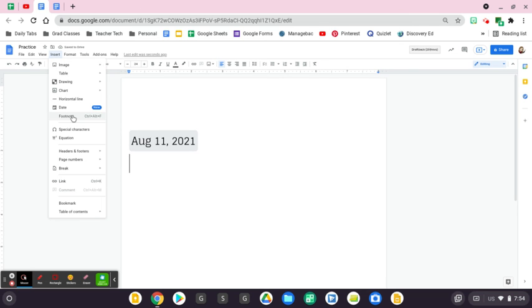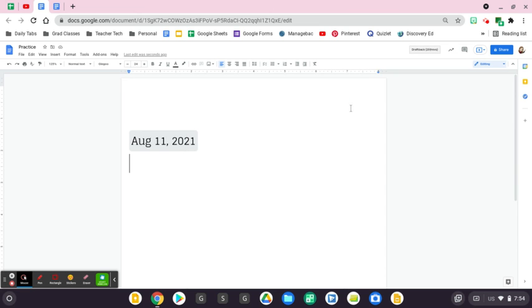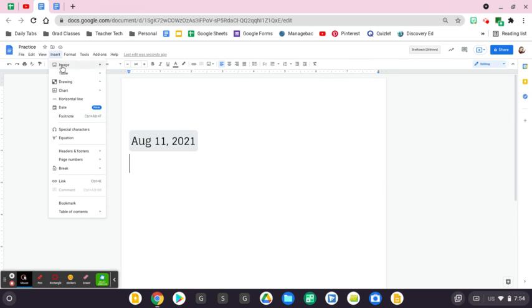Insert footnote. You remember from typing up papers and everything. Special characters. These are your math symbols. These are your foreign language symbols. These are arrows if you needed to do some type of math problem or anything that you needed an arrow for. Insert equation, headers, footers, page numbers, break,